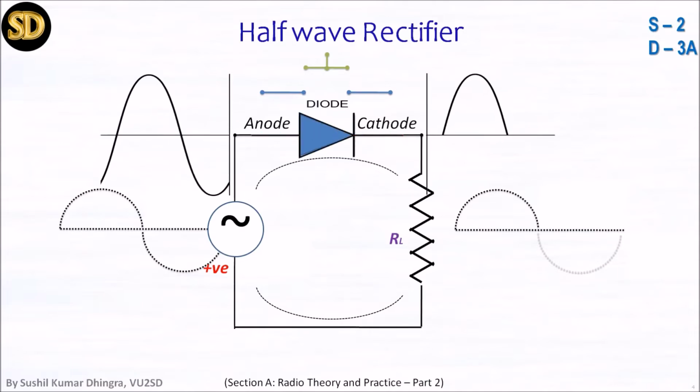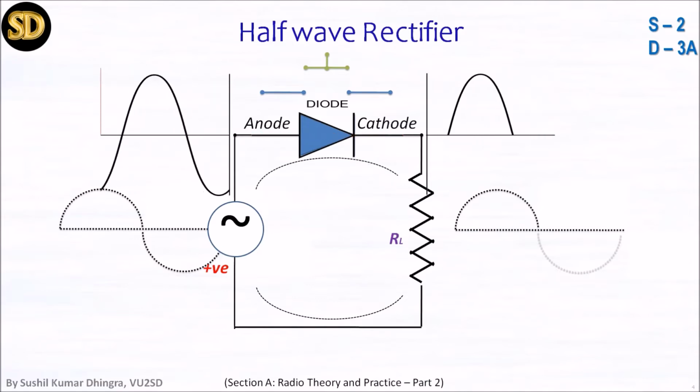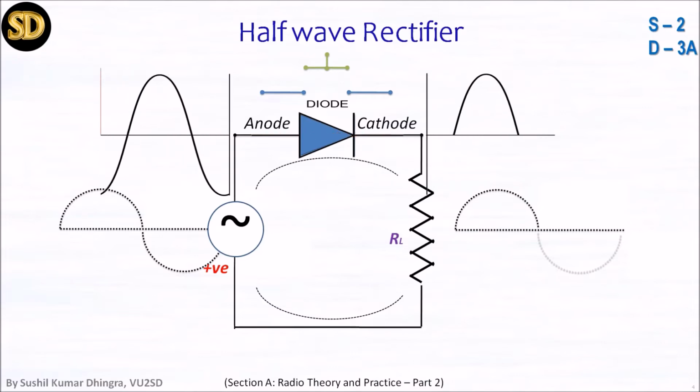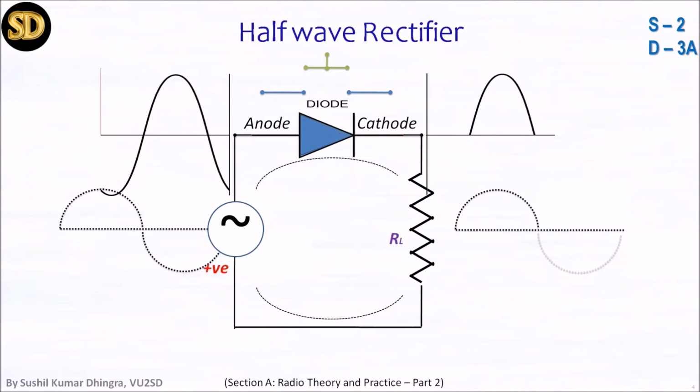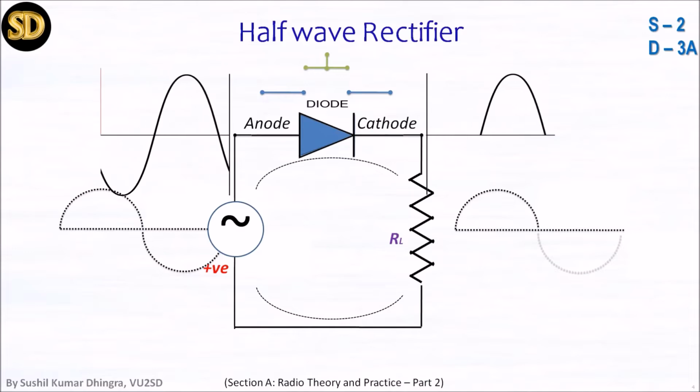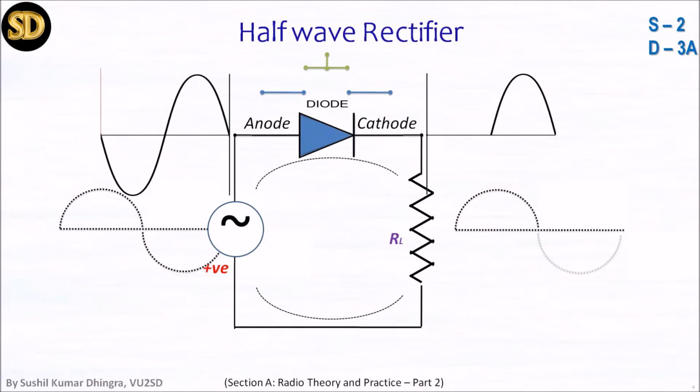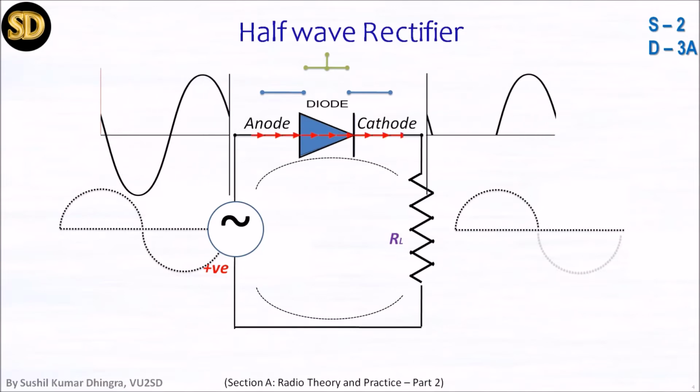Just in a fast animation, I am showing you: on the left side, the red colored line. The moment this AC wave is positive, touching the red colored line, the diode is forward biased, and the moment the wave goes below the red line, it is reverse biased and the diode does not allow current to flow. The right side is the output after the diode and the left side is the AC input. This is how the diode allows only the positive phase, converting AC into DC.